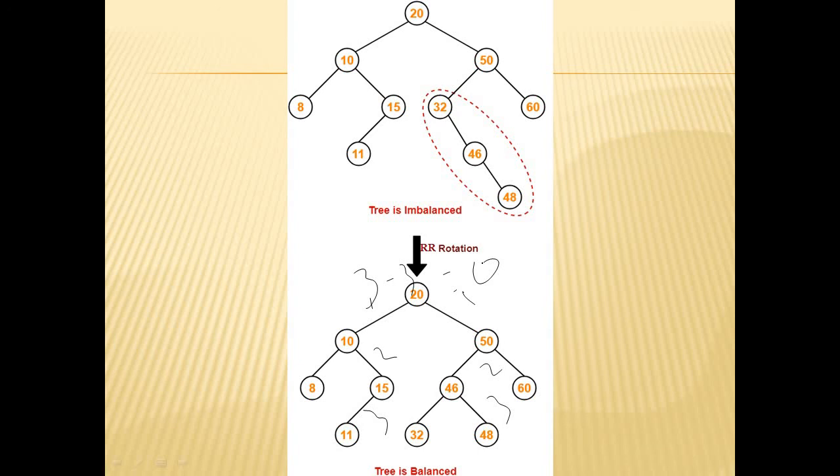But when it comes to an AVL tree, keep in mind the 4 rotations. If you know these 4 rotations, then only you can construct an AVL tree. Otherwise you can't. So before going to the examination, you must go through these 4 rotations. It is very simple. Okay.